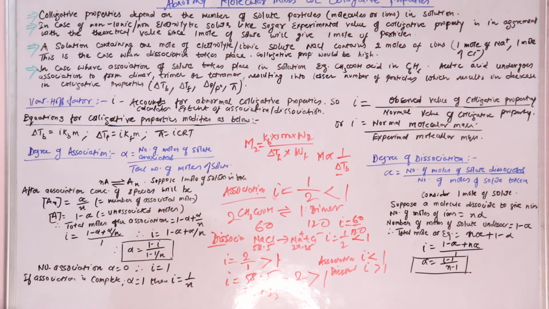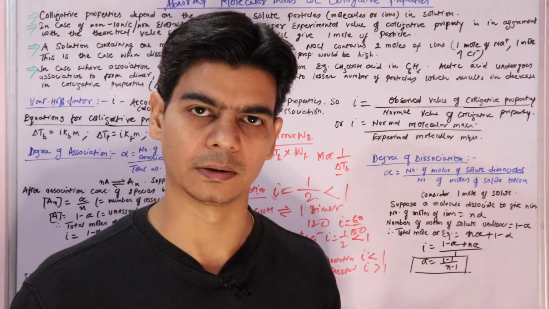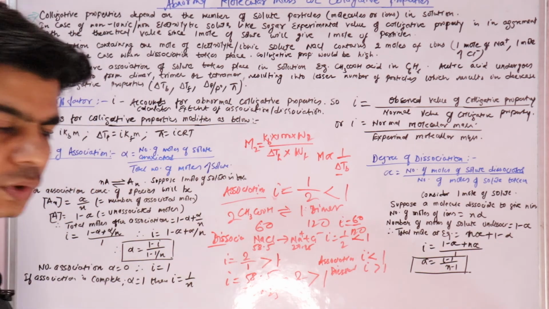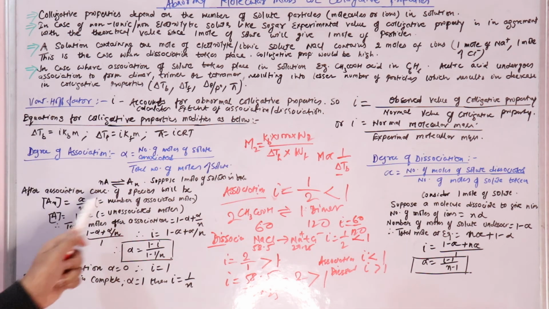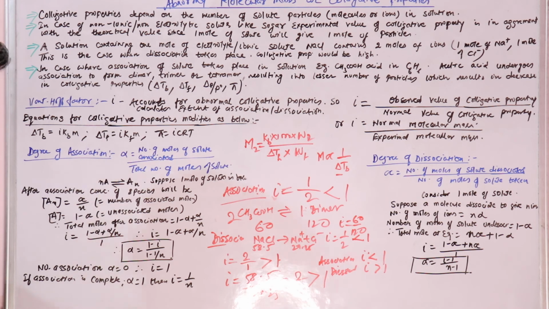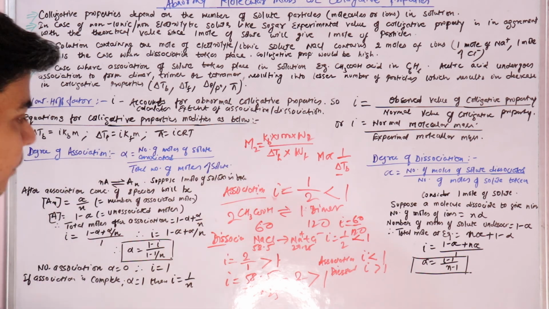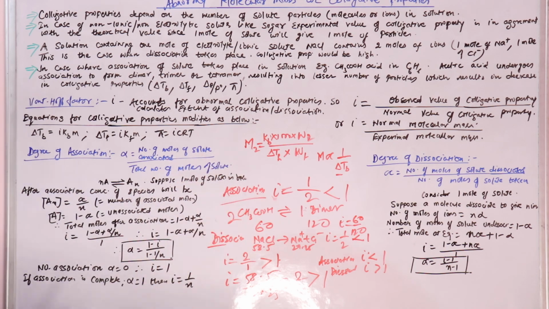Now let's calculate the degree of association or degree of dissociation. We'll derive a relation between the number of molecules dissociated or associated and the Van't Hoff factor. First is the degree of association, which is represented by alpha, and it is the number of moles of solute associated divided by the total number of moles of